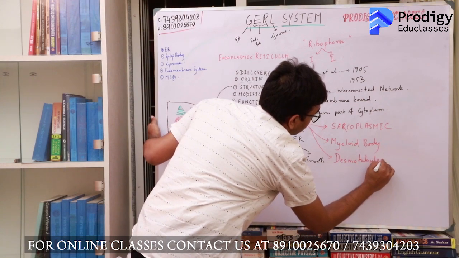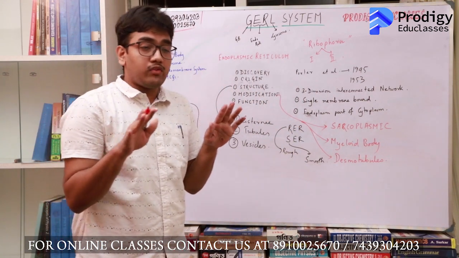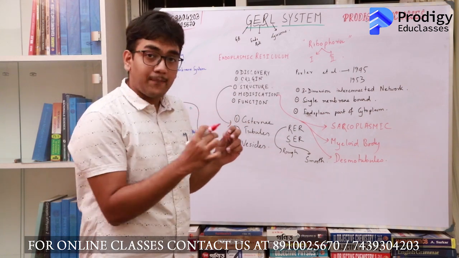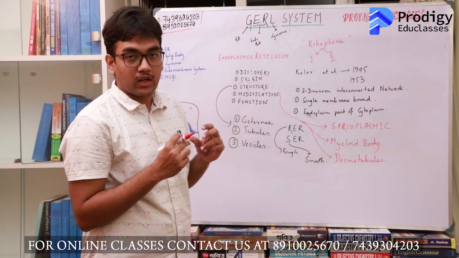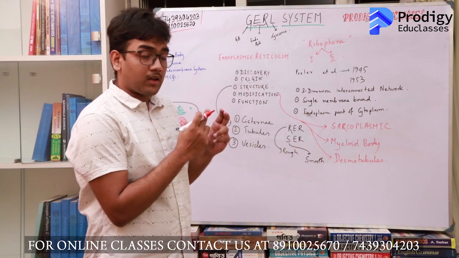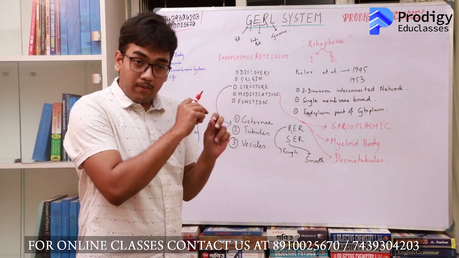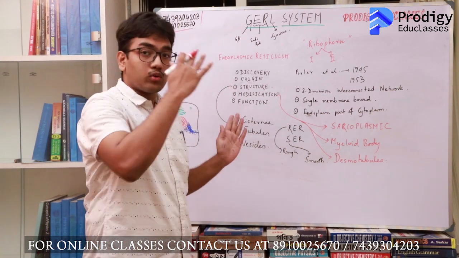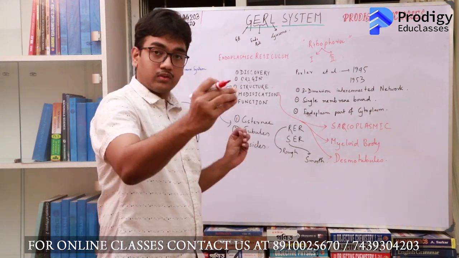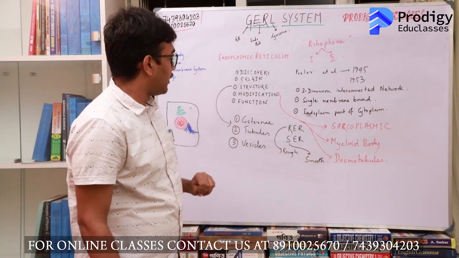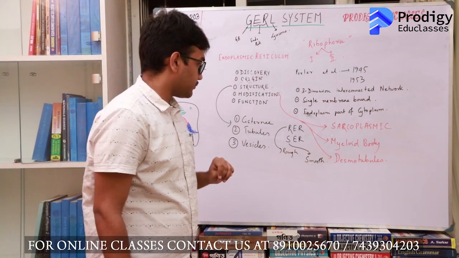In plant cells, you will find that in between two plant cells there are cytoplasmic connections through gaps in the cell wall known as plasmodesmata. In these plasmodesmata connections between two plant cells, endoplasmic reticulum may be connected from one cell to another in the form of tubules known as desmotibules. So these are the three modifications of the endoplasmic reticulum that you need to know.